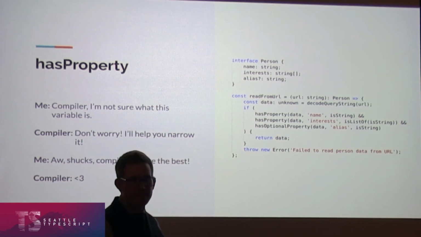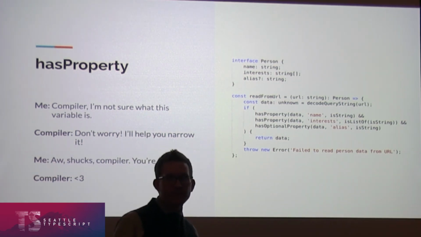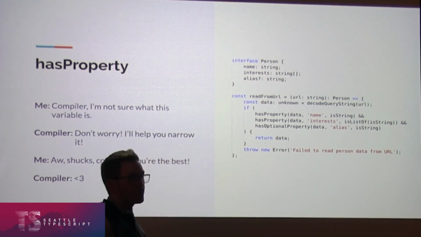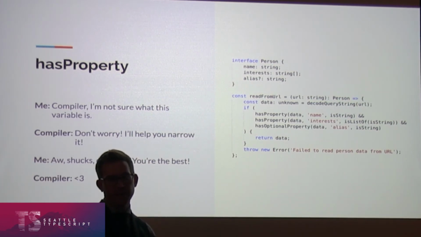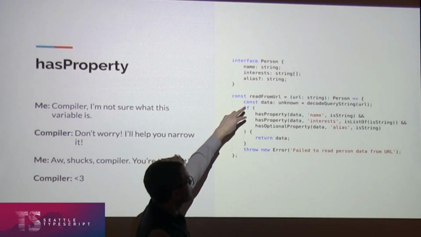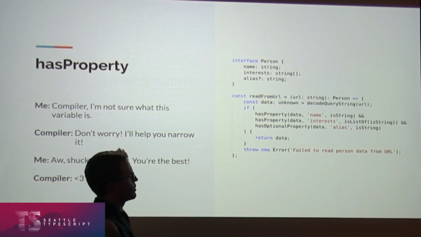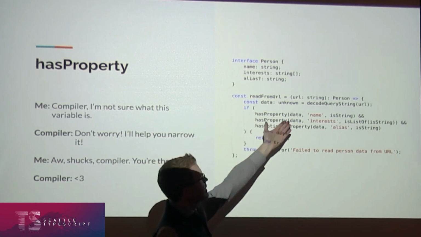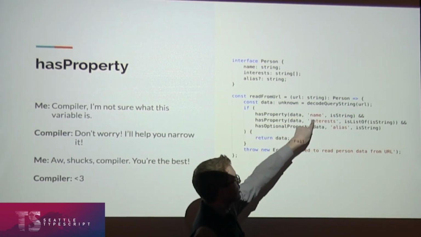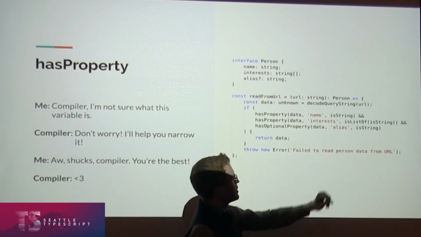So unknown is this great TypeScript type. You should use it. You should especially use it over any whenever possible. It basically makes you prove that whatever value is unknown is something more than unknown, something known that you can interact with. So for example, you could do typeof string, and if that was true, then you would be able to deal with the unknown value as a string. So we have a function called hasProperty that takes unknown, takes a property name, and then optionally takes a type guard. And if true is returned,